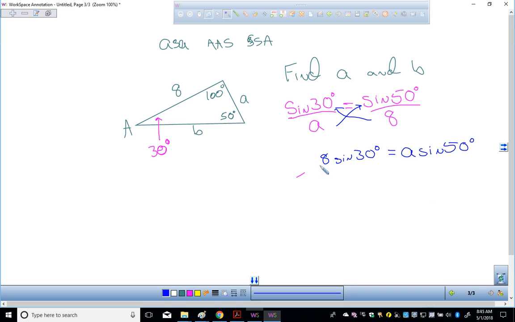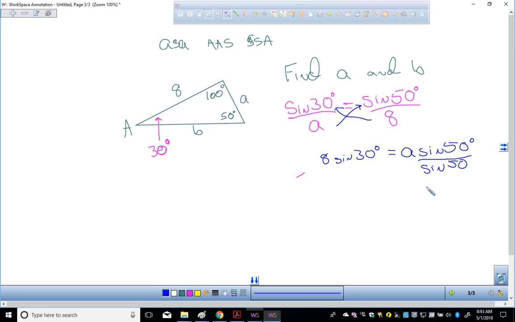How could I get A by itself? Divide both sides by sine of 50. By the way, you cannot just divide away sines,